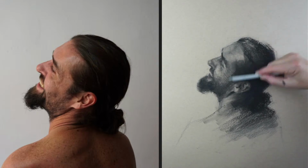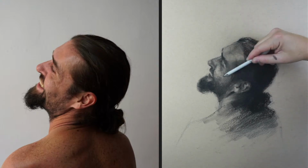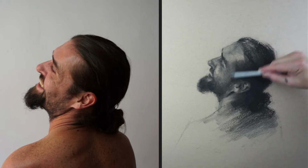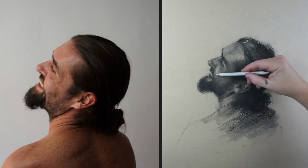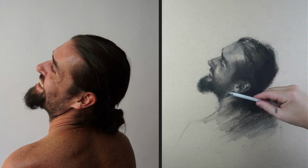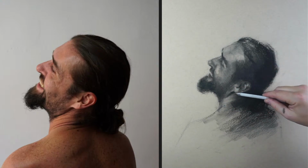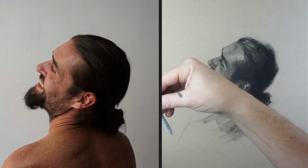Just want to soften everything up and get a little more uniform with the value as well. The character I'm drawing is a shepherd. And so I do really want to try to capture sort of a dirty look. Kind of an old world shepherd probably was pretty...